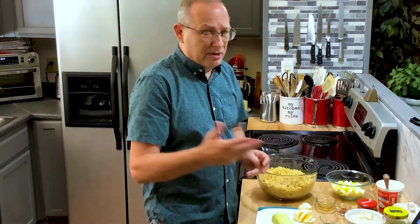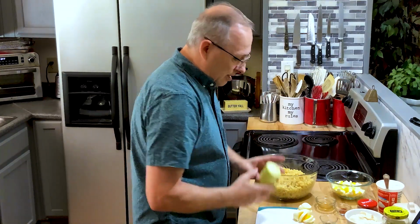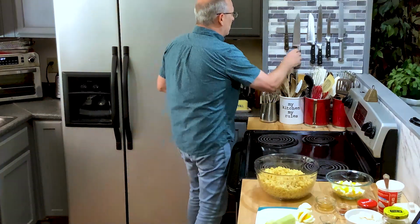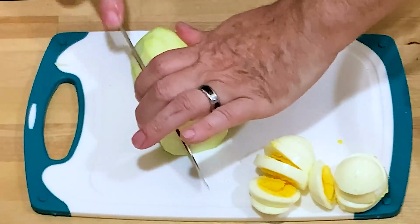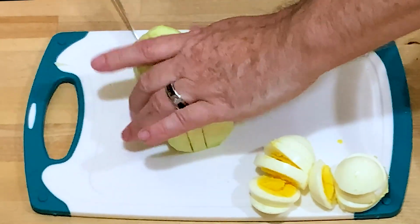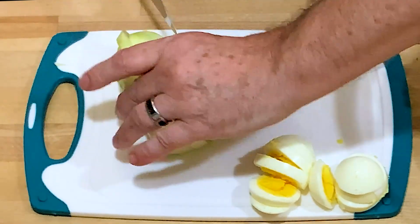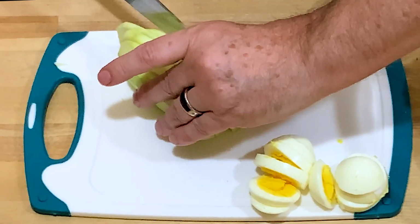And usually this recipe I make it with celery, but I had some nice zucchinis left over, so I thought I'd use a zucchini today. So I'm just gonna slice it up and put it into it. You want to do small slices or dices because, of course, the pasta is small, so you don't want big chunks on top of that. So I just slice it a little thin